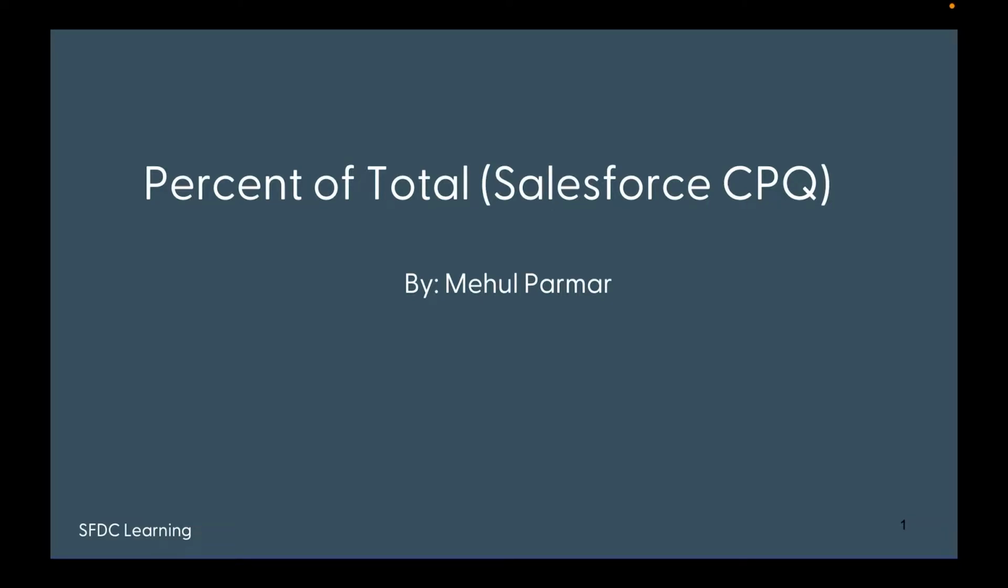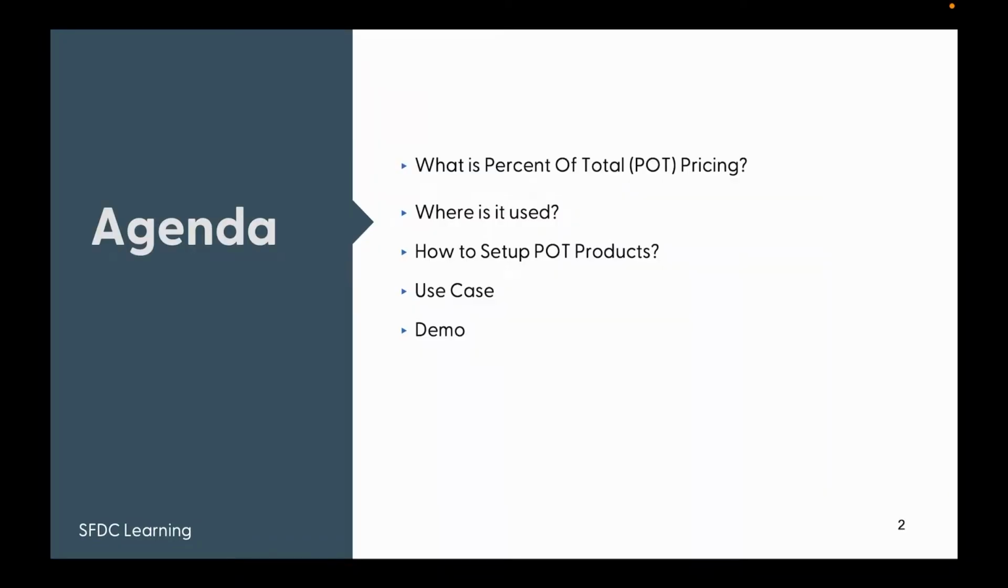In my previous video, we have seen how percentage of total pricing works. At that time, we saw the POT product as a standalone product. Today, we are going to see how a POT product's pricing can be determined when it is being used as a bundle option. So this was the agenda that we discussed in my last video, like what's percentage of total pricing,